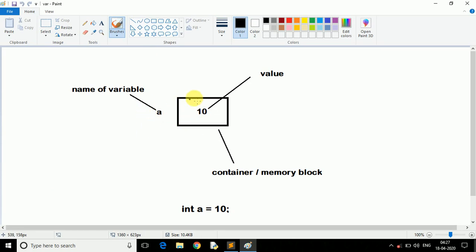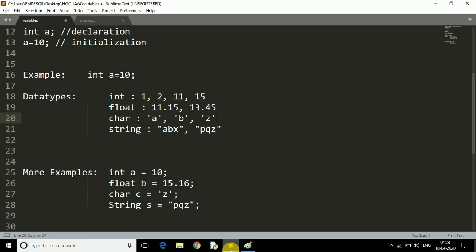So this is the container. As I already told you, a variable is a container which holds the specified value. Here this container holds the value 10 because we have assigned 10. The container is nothing but a memory location. This is the value, this is the container or memory block, and a is the name of the variable. That's how it is represented in memory. So this is what a variable is.